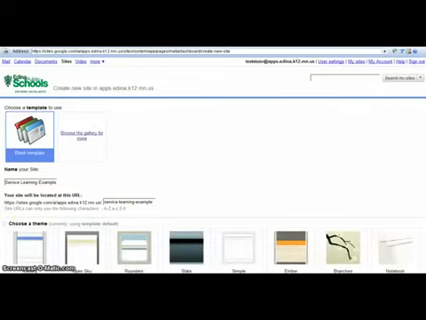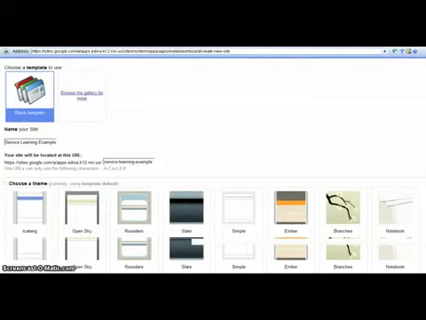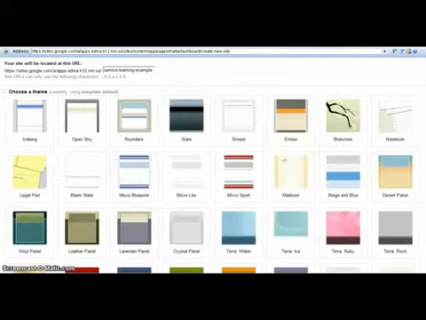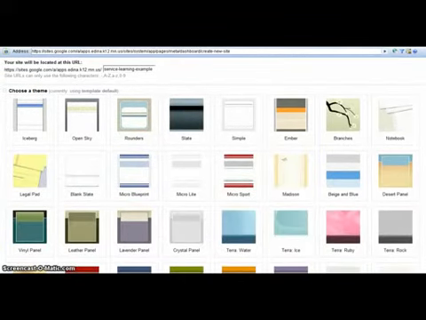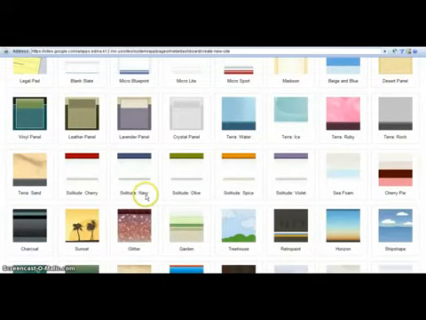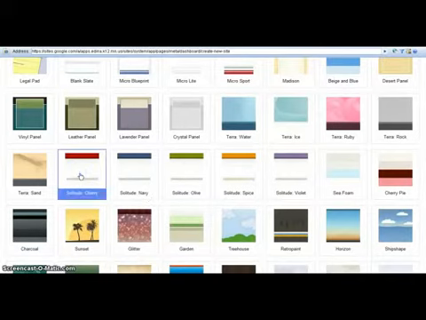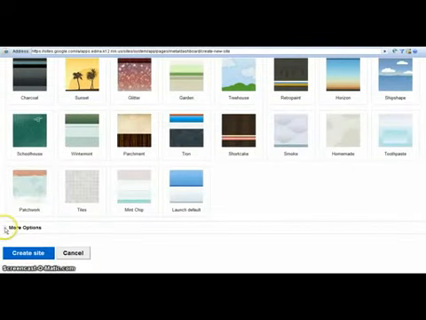I have several themes available, so I'm going to scroll down and find one that looks good to me. And I'm just going to pick this one here. And then I'm going to continue to scroll down because I need to add some options. So once I've scrolled down, I'm going to click on More Options